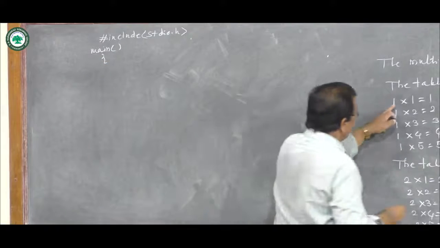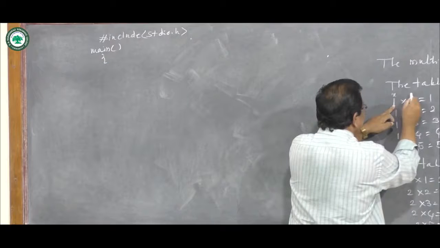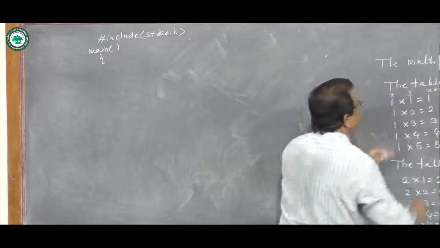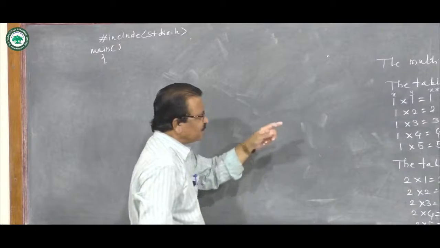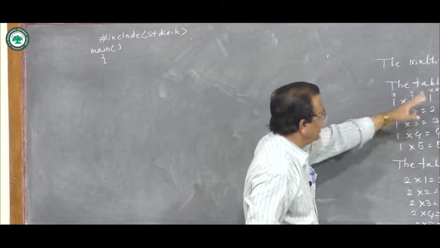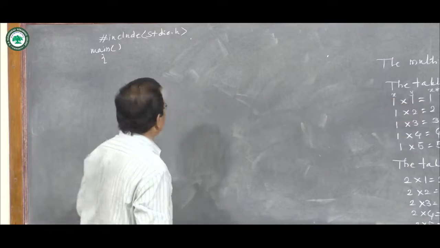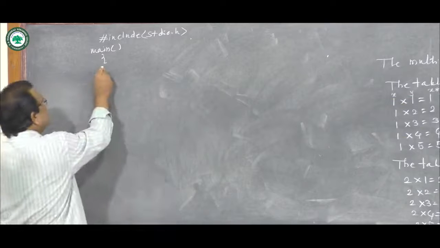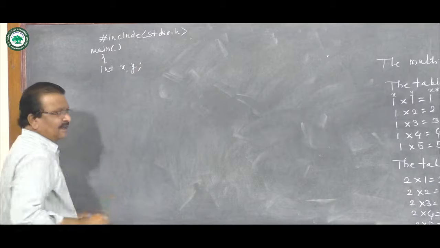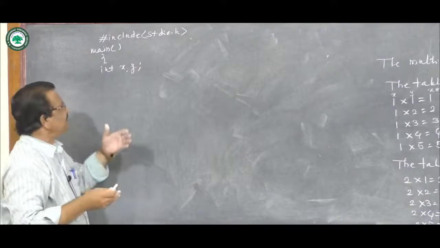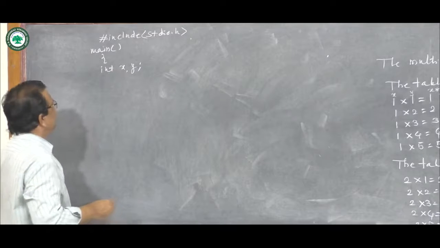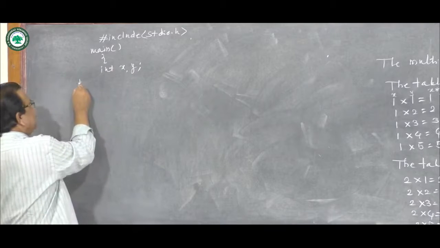For this thing, I will write x, this as y, and this will be x star y, the product of x and y. X will be the outer variable, the inner variable will be y, and the product will be x star y. So I am declaring x and y as an integer type of variable. If I need more variables, then I will go back and declare them as an integer type of variable. Then printf,